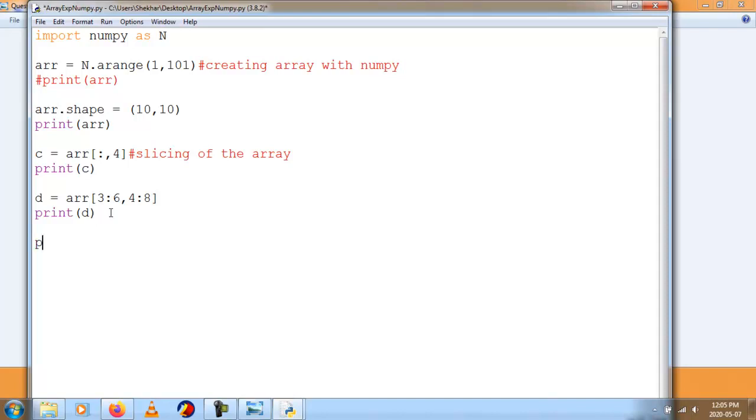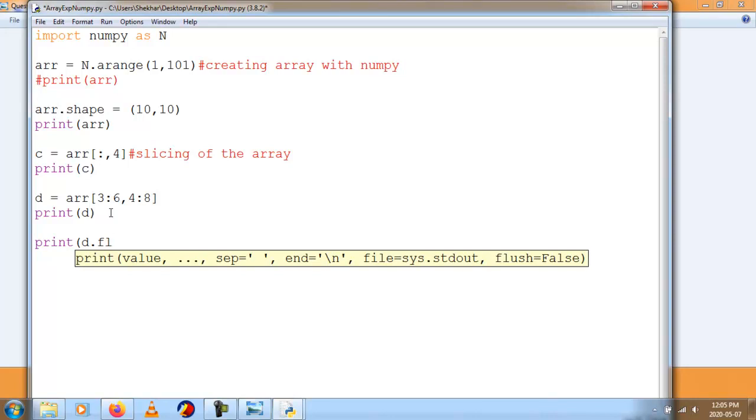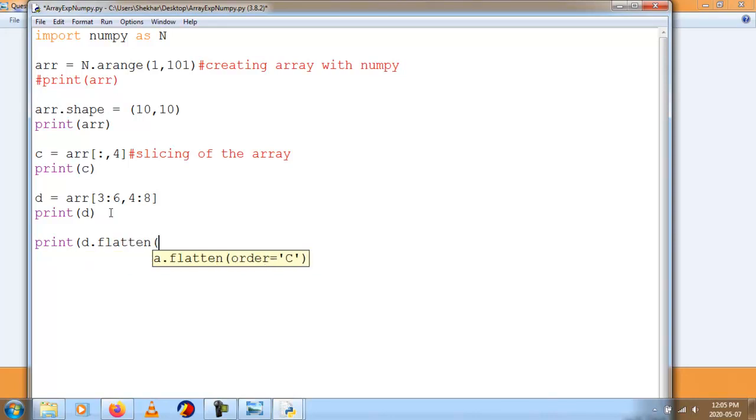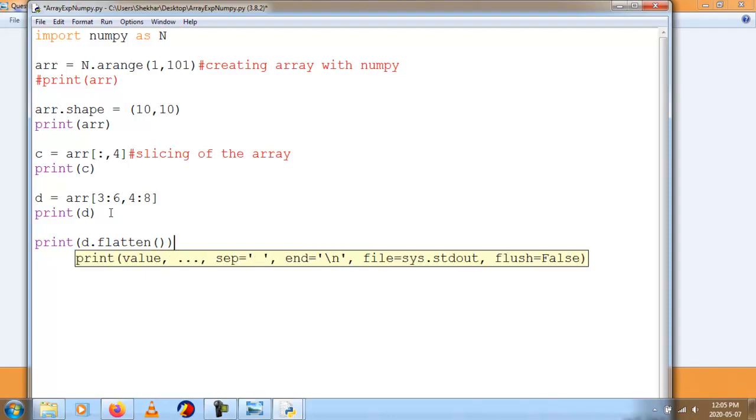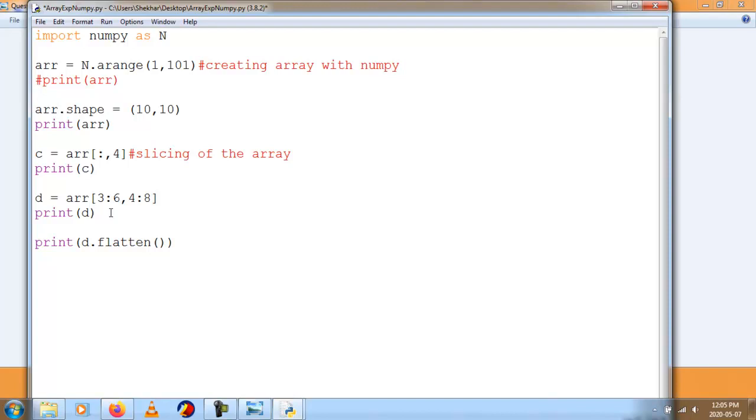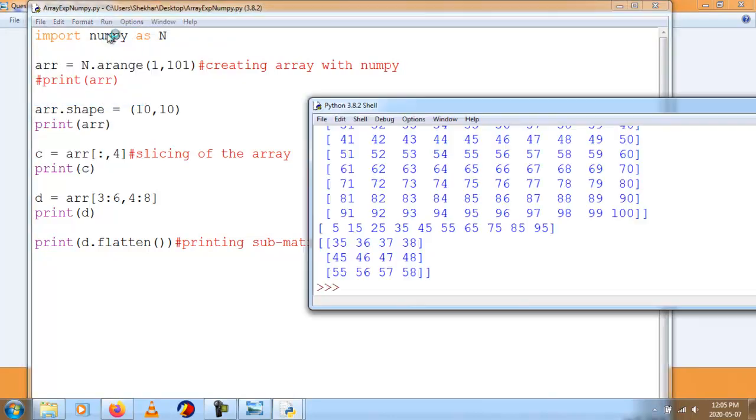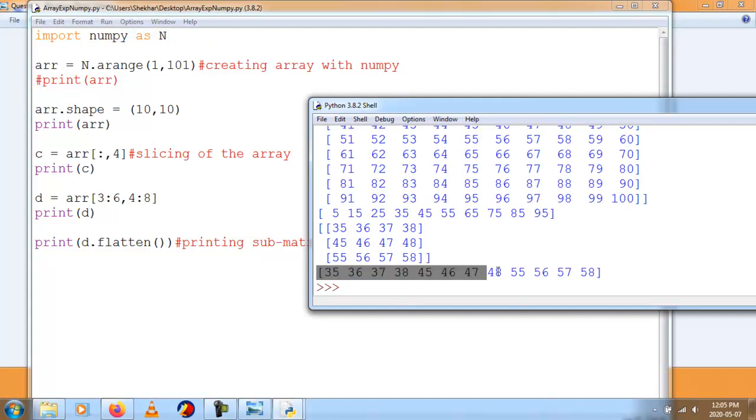I say print d dot flatten of order either C or F. By default it will take C. So this is how we can print the submatrix to vector format. Now we'll check whether I will get the flattened output. Save and I say run module. So I am getting the flattened output. This is our fourth part of the solution.